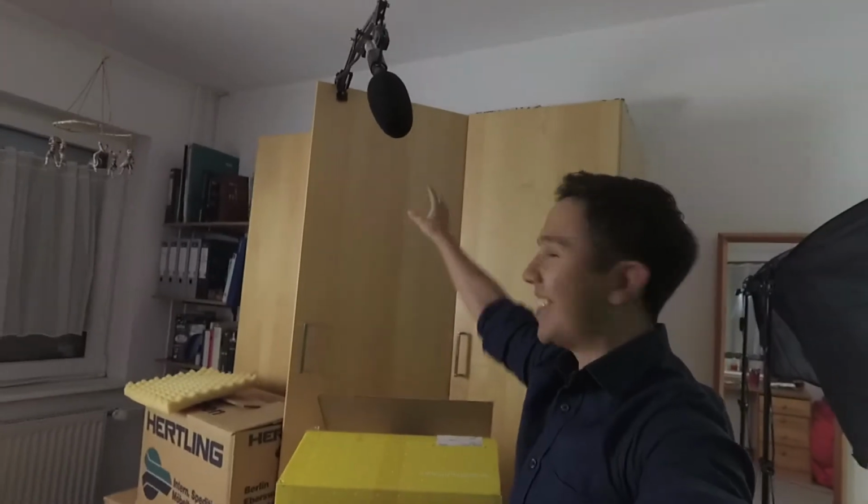All right, now this whole thing sits on an arm, and I kind of got it connected here to this wardrobe. But yeah, it should be above head. You could build a microphone stand into this setup, but I didn't have that, so I just put it on there. The next thing, this is all connected via XLR because it's a shotgun microphone that needs phantom power,